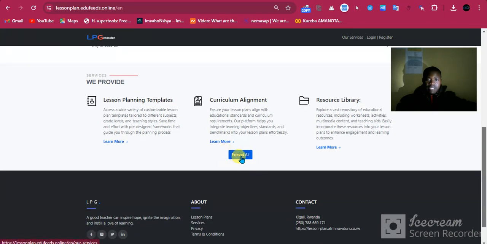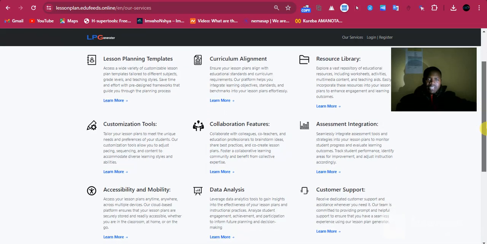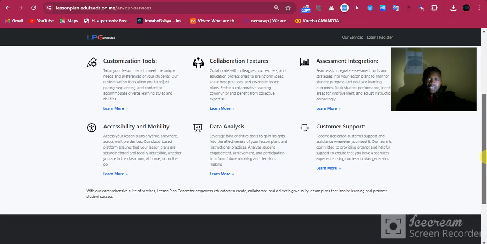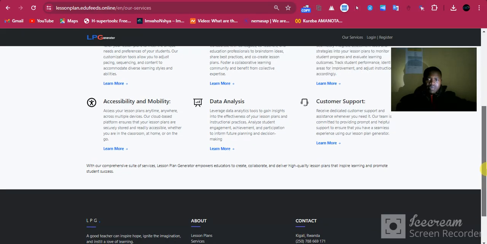Let's expand all. You see everything. We have seen lesson planning, template, curriculum alignment, resource library, customization tool, collaboration features, assessment integrity, integration, accessibility and mobility, data analysis. We have seen even customer support, just to support our customers.